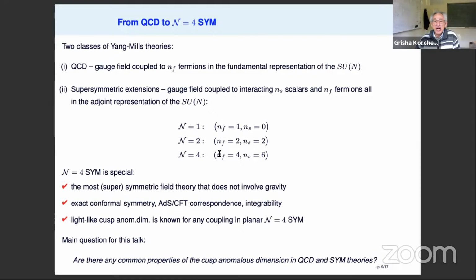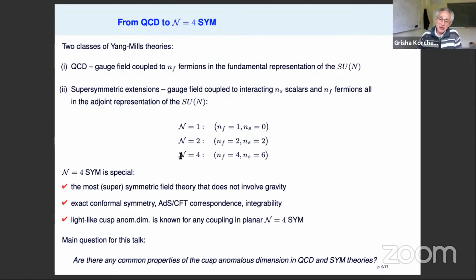For example, for the number of fermions being 4 and the number of real scalars being 6, it will correspond exactly to this special theory, N equals 4. And why is N equals 4 special? It's special because, as I already told you, it has quite remarkable properties. It is UV finite, so it has a conformal symmetry. It possesses a gauge-gravity duality, the AdS/CFT correspondence, and last but not least, in the planar limit, it is believed to be integrable. By this, we mean that in a finite amount of time, we will be able to solve this theory